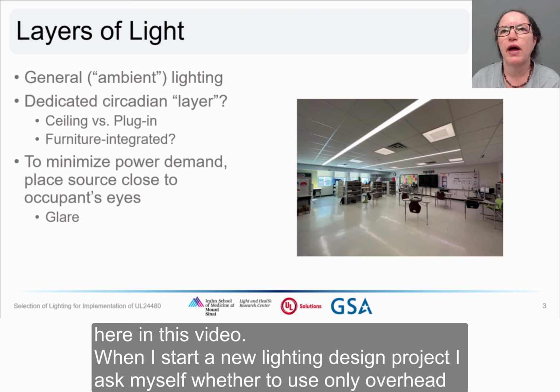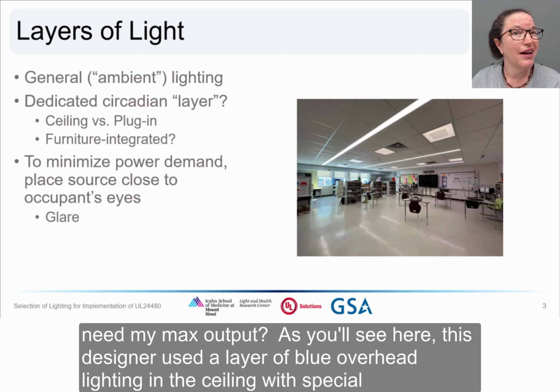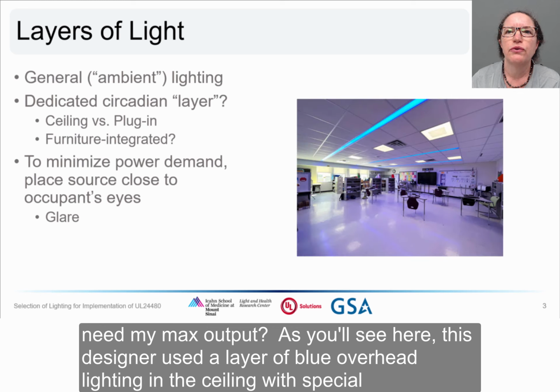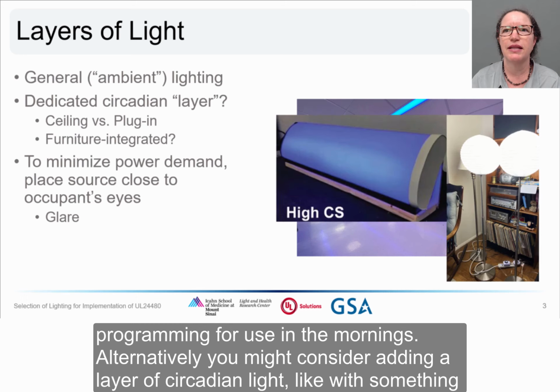When I start a new lighting design project, I ask myself whether to use only overhead lighting, also known as general lighting or ambient lighting, or should I add a layer of light that is only used during the time when I need my max output. As you'll see here, this designer used a layer of blue overhead lighting in the ceiling with special programming for use in the mornings. Alternatively, you might consider adding a layer of circadian light, like with something like this plug-in